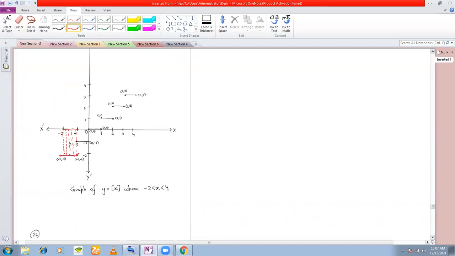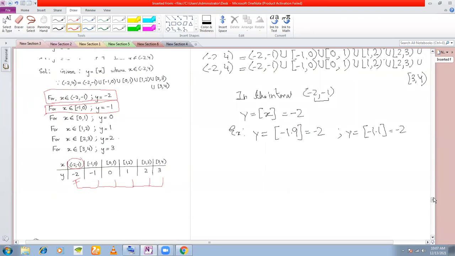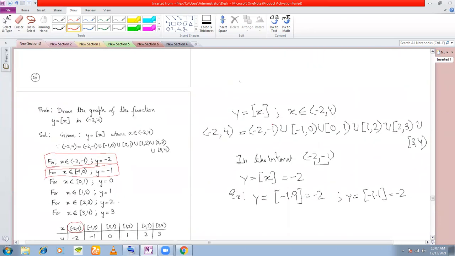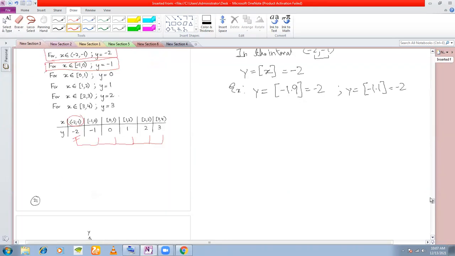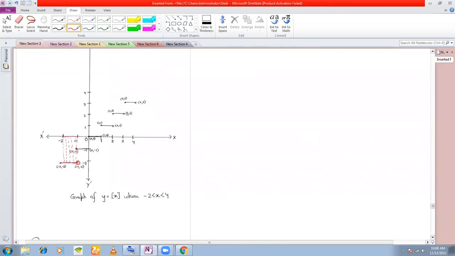And I have given an open circle here. Why have I given an open circle here? Because when I'm taking the interval minus 2 to minus 1, this end I have kept open. That is why I have given an unshaded circle here. Okay. And in the next interval, what is the next interval? Minus 1, 0. Minus 1, 0 is inclusive of minus 1, right? Semi-open. So that is why this circle here is a dotted one and this circle here is an open one. Okay. And I have drawn the graph for all these intervals.